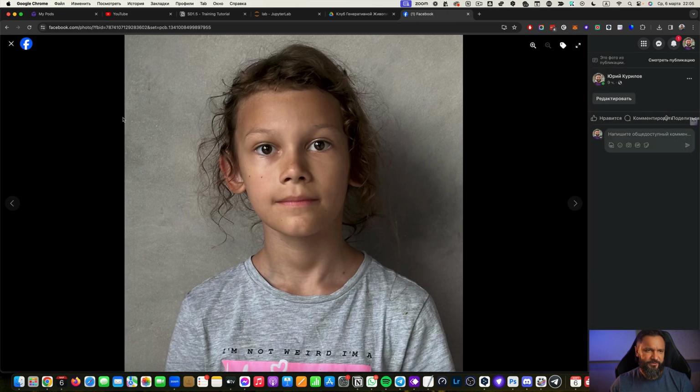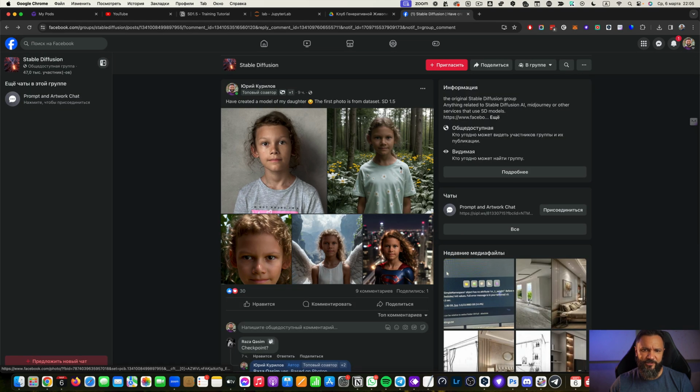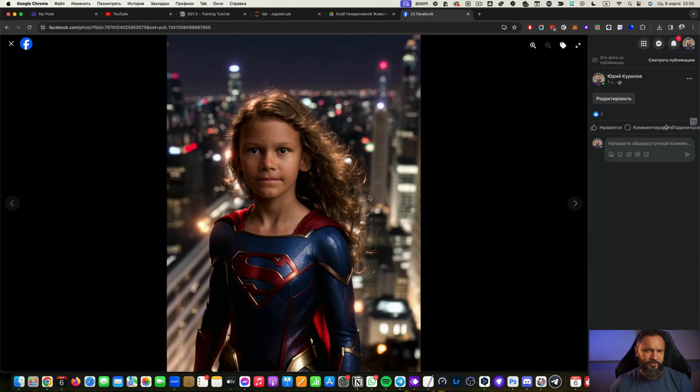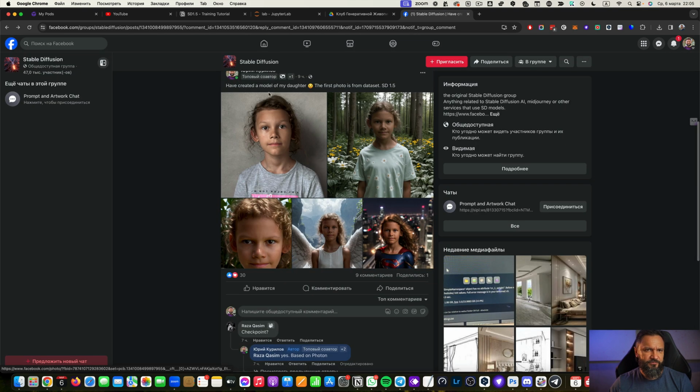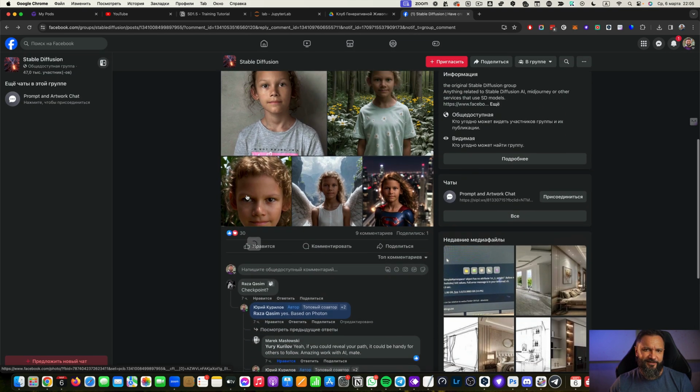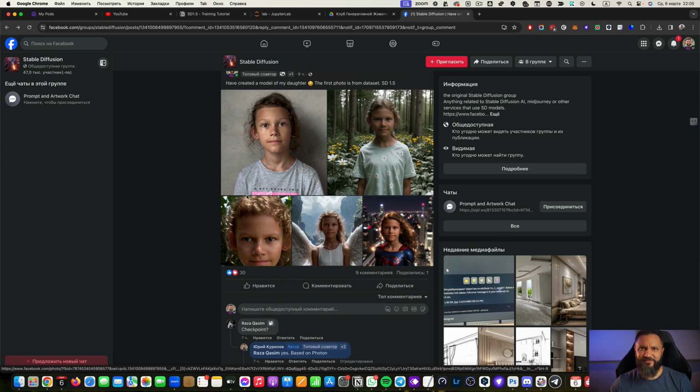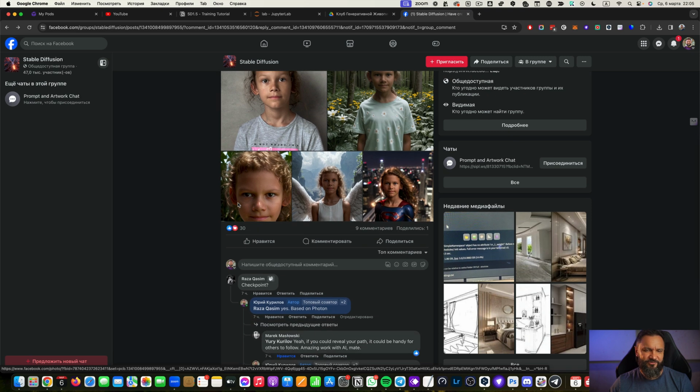This is an original photo of my daughter, Marta, and these are images I just posted into the Stable Diffusion community. For many months, when I posted my images here, people asked me to record a tutorial, and I procrastinated because I wanted to find enough time to make a really cool tutorial